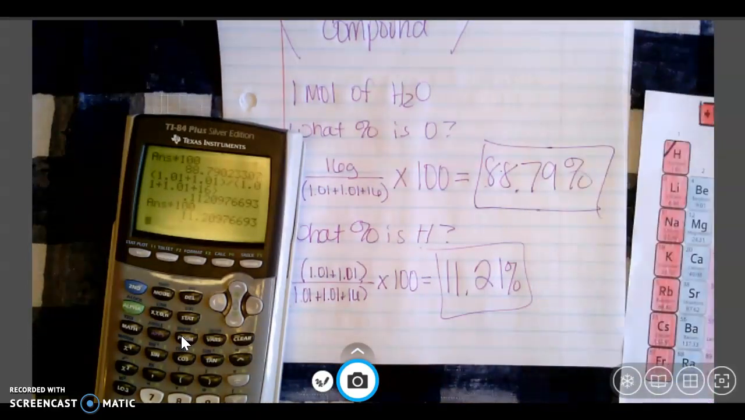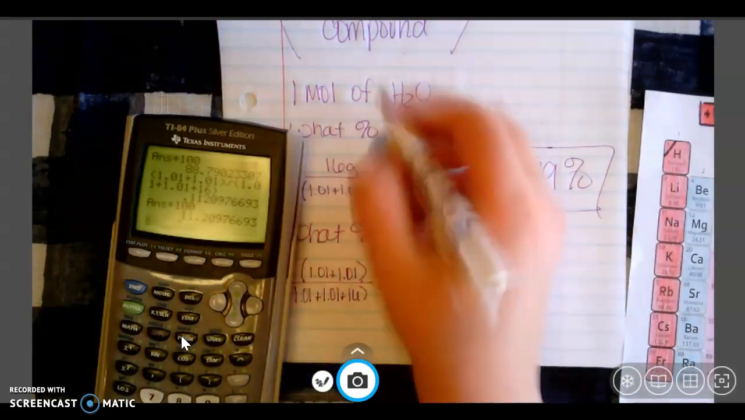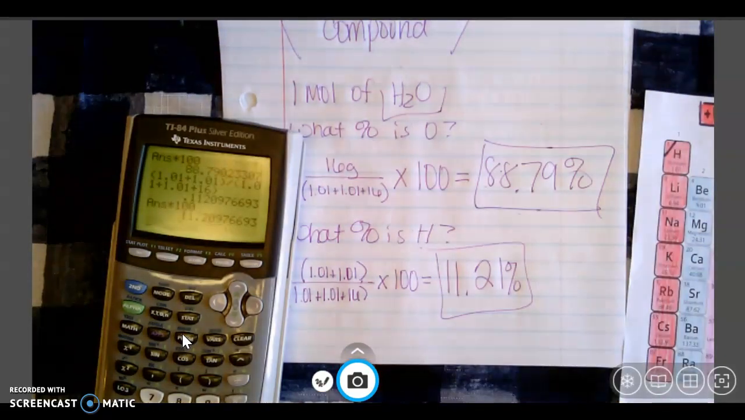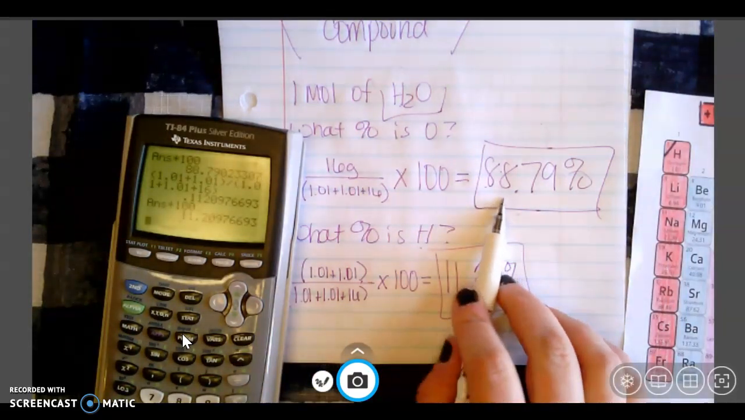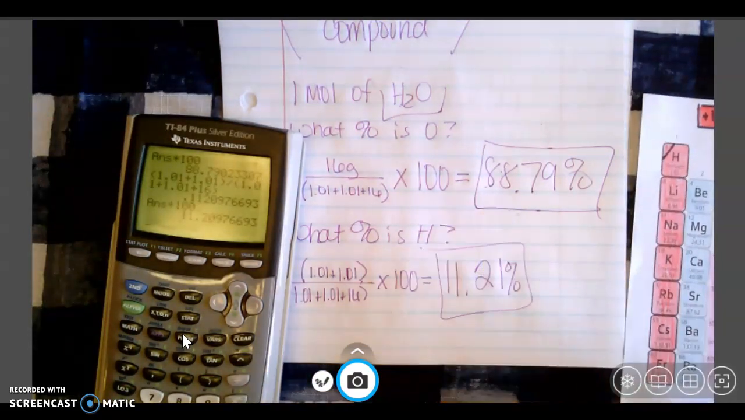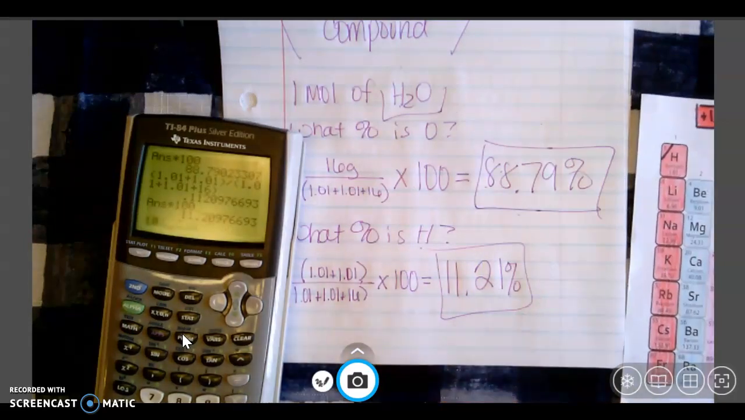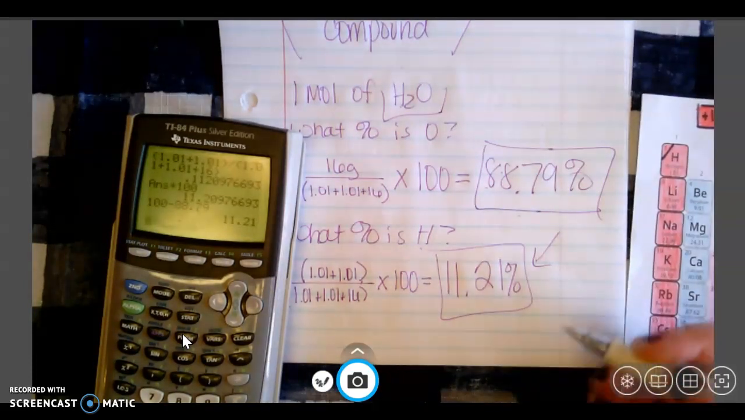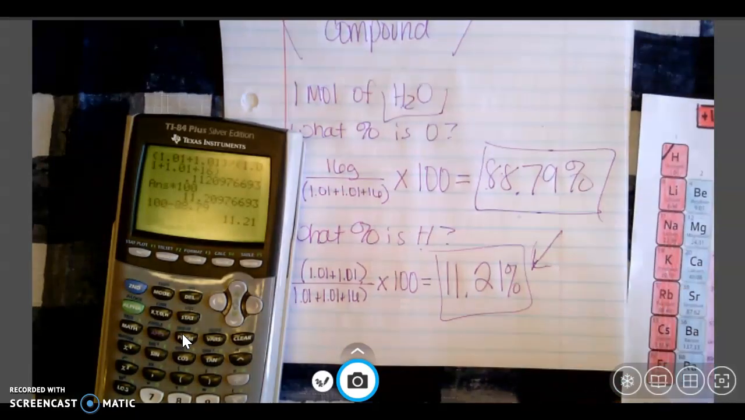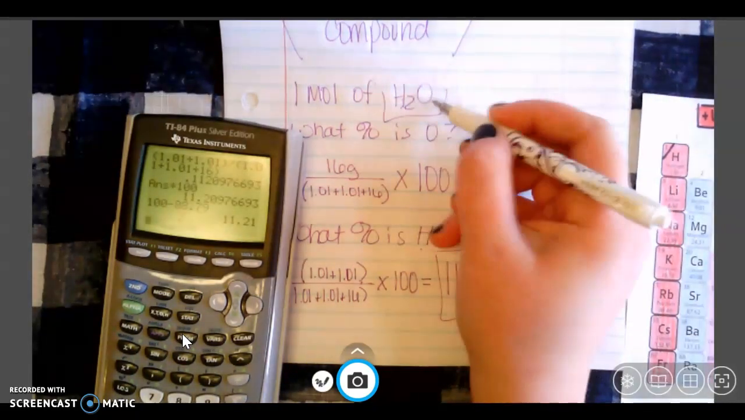Okay. Now, the easier way to do this, if we look at this molecule, we only have two elements here. We have hydrogen and we have oxygen. I figured out that 88.79% of it was oxygen, and you can only go to 100%. So you can just take 100 minus 88.79 to give you the rest of that sample, which in this case is oxygen. That only works if you're dealing with two elements,